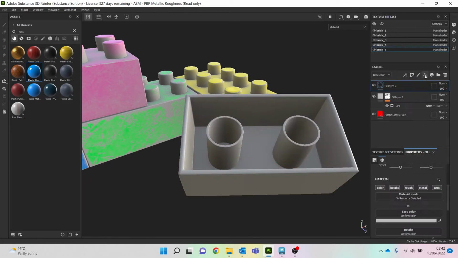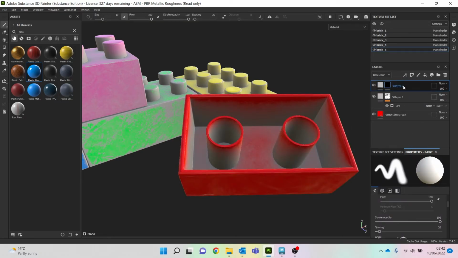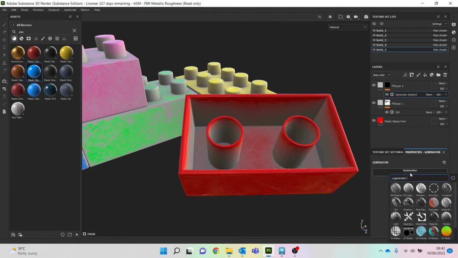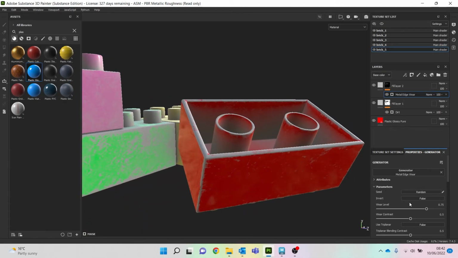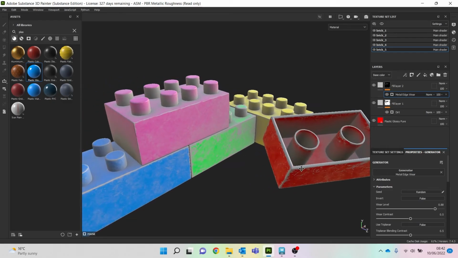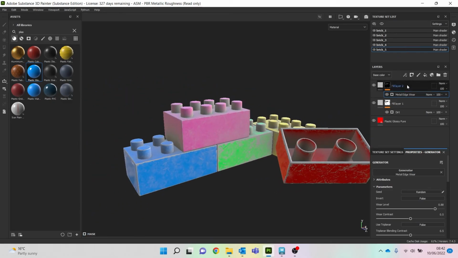And then let's do one more. Add a black mask, add a generator, and we will go with metal edgeware. And let's bring that one up a bit more, like that. Okay. So just to show you what you could do, so we just did that with generators, so it sort